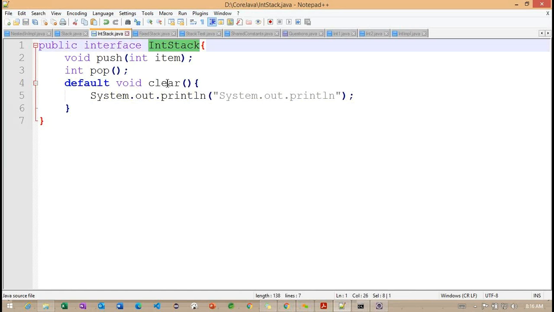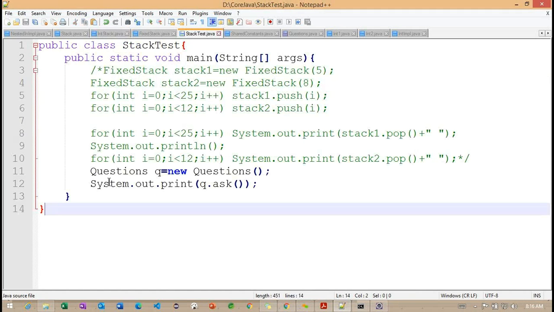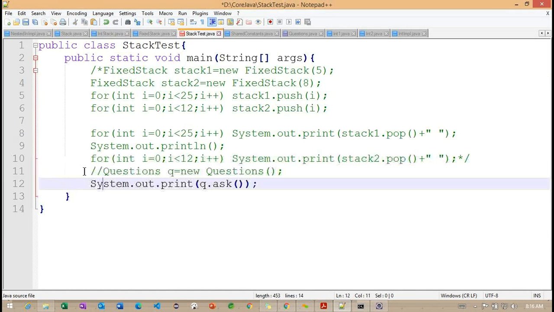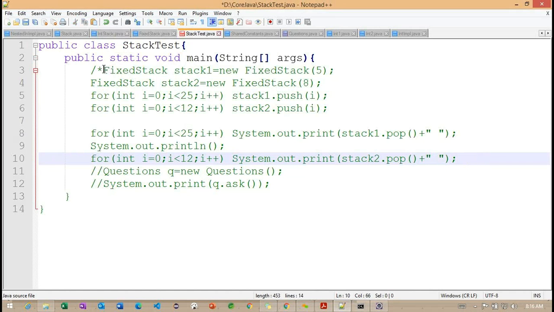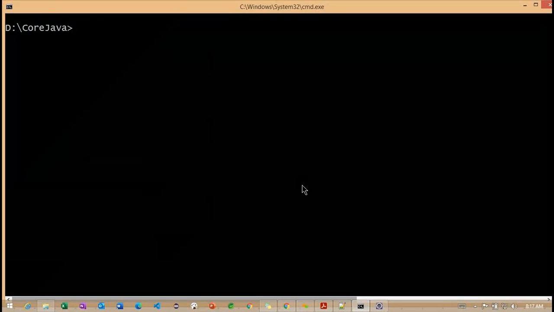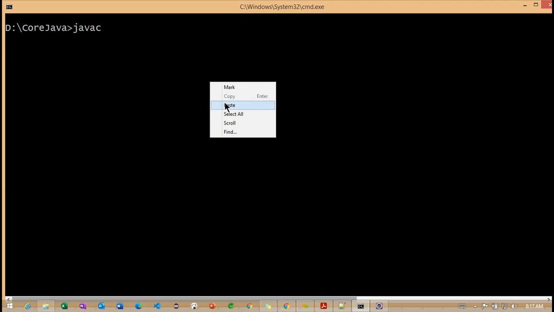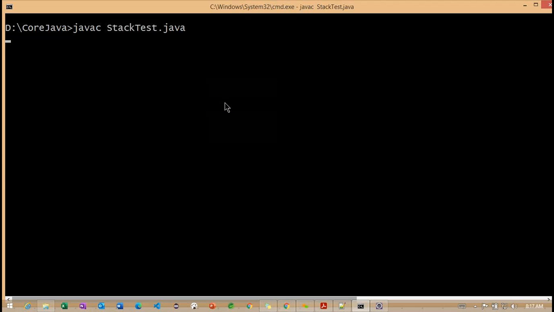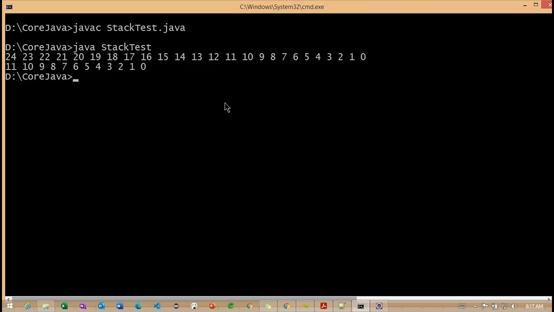Right. Now what I'm doing here in the interface, I added one more method, the clear method. Getting the point? Let me recompile the code. So javac test.java and java test.